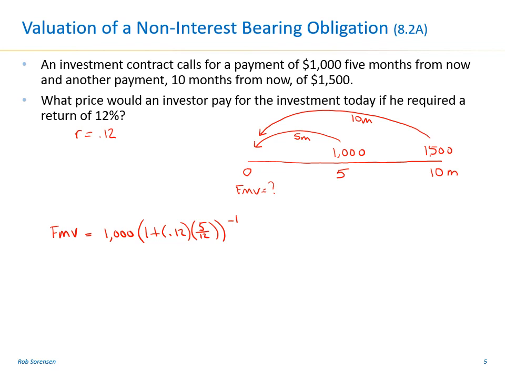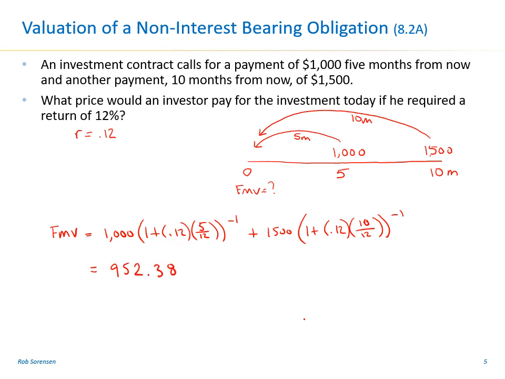-1 there because I'm going backwards in time, aren't I? Plus $1,500 brought back as well, this time for 10 months. So 10. And again, a -1 there. So let's put those together. If I work those out on my calculator, I get